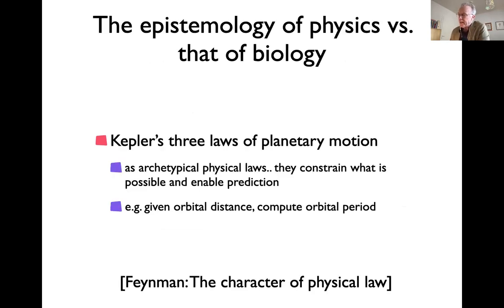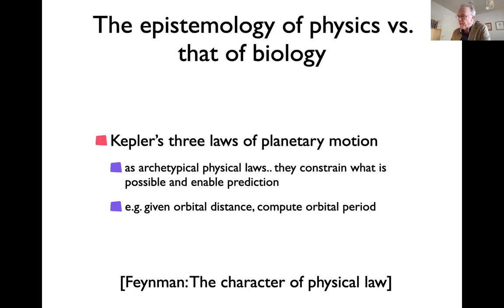And to deepen that a little bit, I want to make a contrast between what understanding means in physics and what understanding means in biology. I'm taking biology because the neuroscience is close to biology. I have actually these ideas from Feynman's book, The Character of Physical Law, which I highly recommend. And he draws this contrast between physics and geology. For some reason, he takes geology as that other kind of science that gives more emphasis to description.